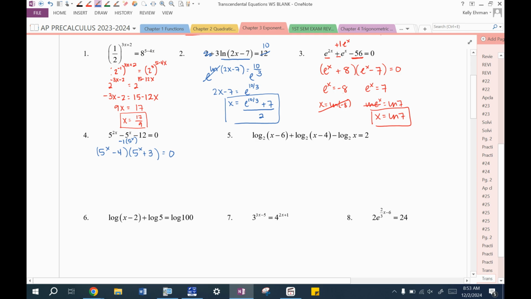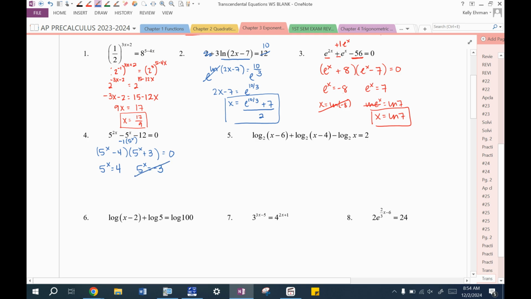Right? Because negative 4 times positive 3 is negative 12. Negative 4 plus 3 is negative 1. The base number is not getting multiplied in. It's not like it's 5 times 3 and 5 times 4. Okay, so then this would be 5 to the x equals 4, or 5 to the x equals negative 3. Just like we did before, 5 to the x can't equal negative anything because this is a positive base number. You can't raise it to an exponent and make it all of a sudden be negative, so there's no solution